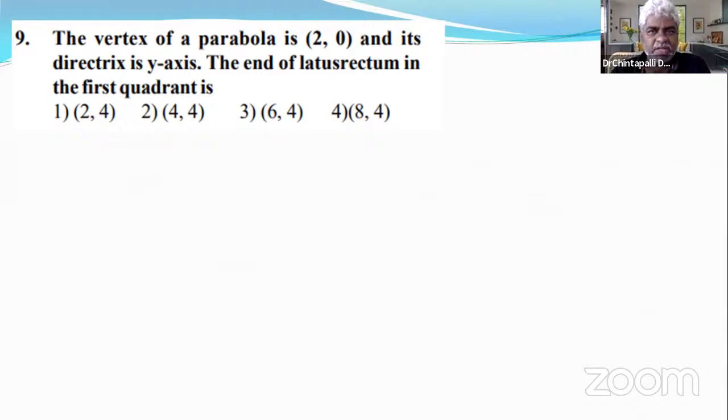The vertex of a parabola is (2, 0) and its directrix is the y-axis. The end of the latus rectum in the first quadrant is